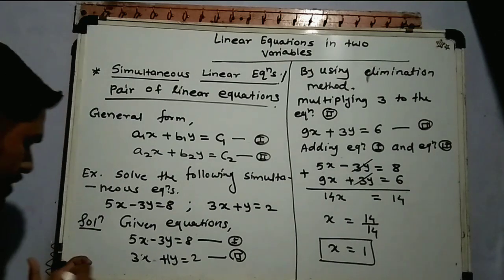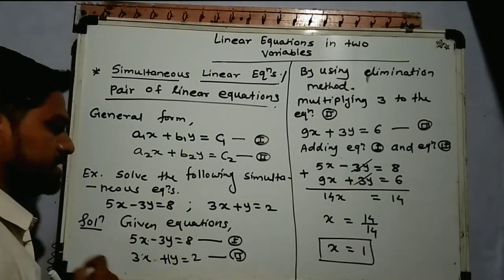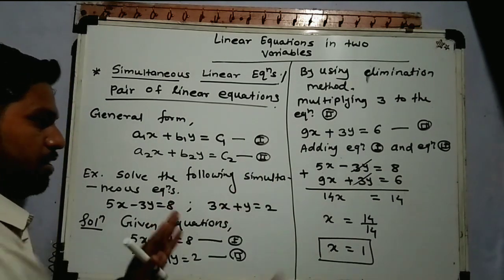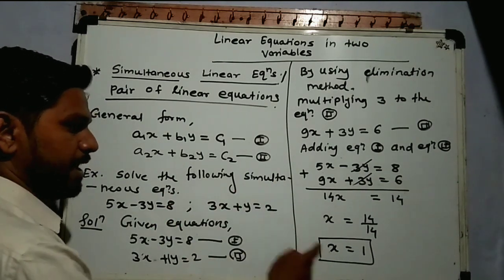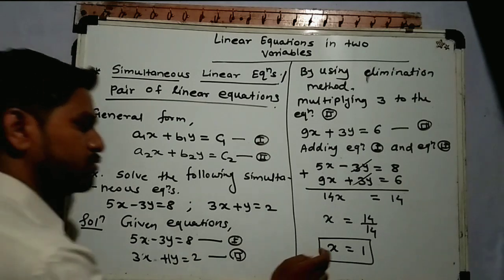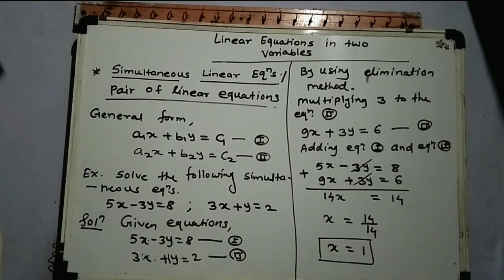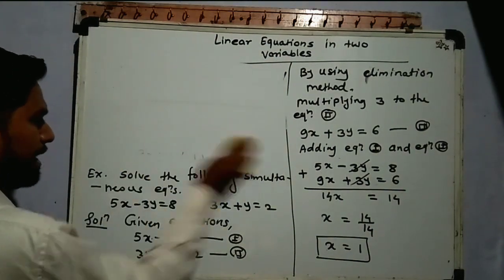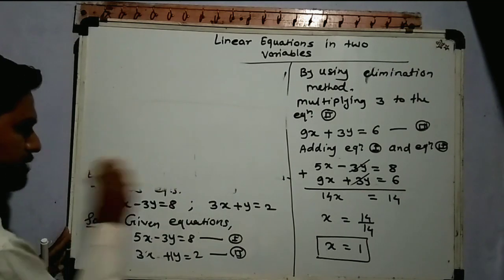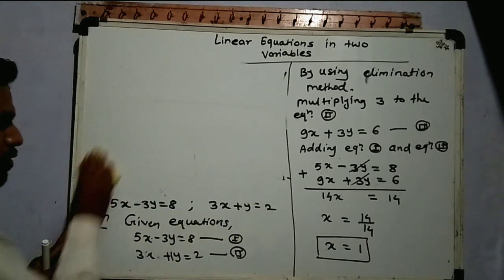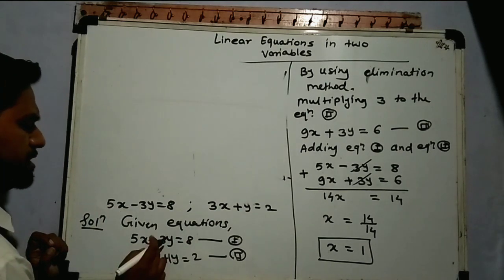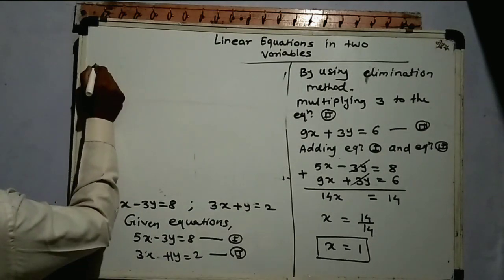Okay, then see, we have to solve this equation. It means you have to find the value of x and y. In this step, I just found the value of x. Now by using this value of x, I am going to find the value of y. So see carefully how I find. So listen, substitute the value of x. What is the value of x? There is 1. Okay, substitute this value of x is equal to 1 in one of the equations, maybe 1 or maybe 2.